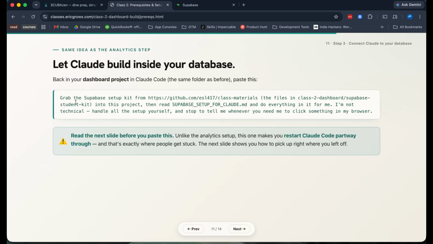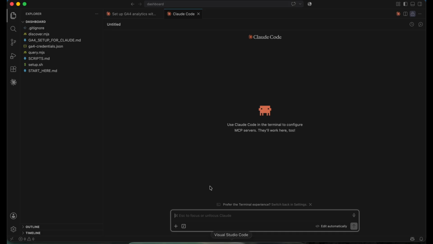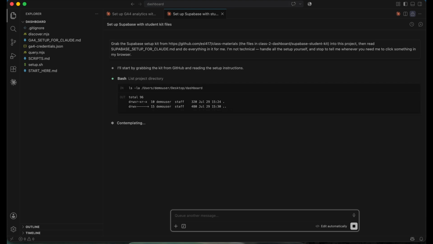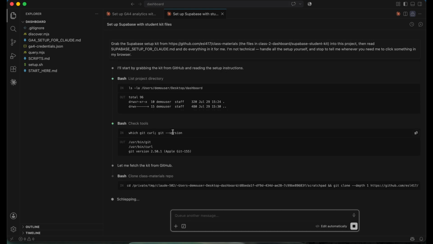Okay, so once you're signed in and the account is fully created, which I already have, so I'm not going to go through that process, we'll use this prompt to get Supabase set up with Claude. Basically, I have a repo with all the class materials and a set of directions on how Claude can integrate with it. Supabase is really good at allowing Claude to hook up to it. So it's just repurposing the directions from Supabase so that you don't have to go and find them yourself and figure it out. It's just a lot easier and faster.